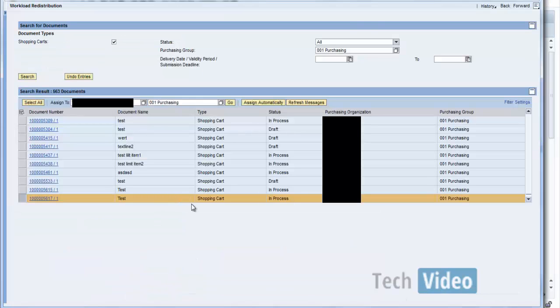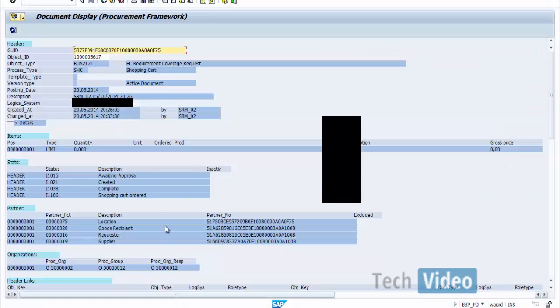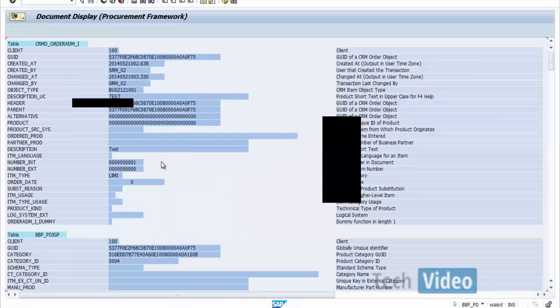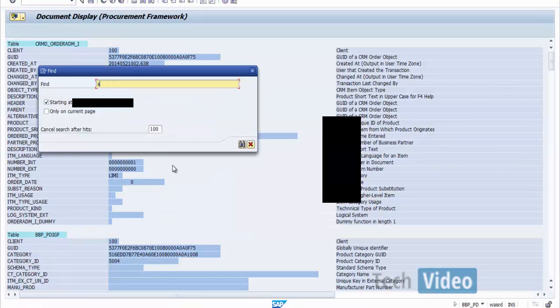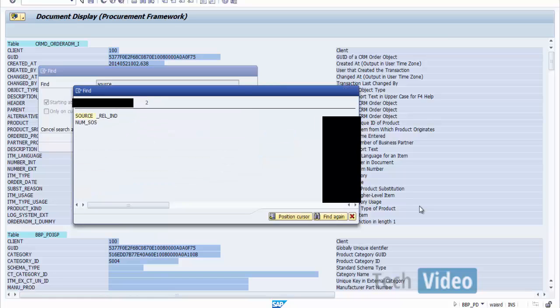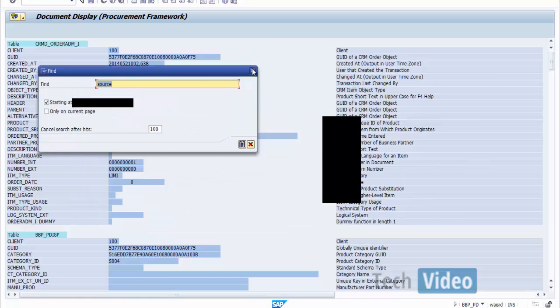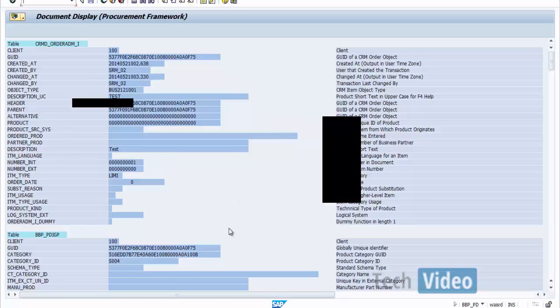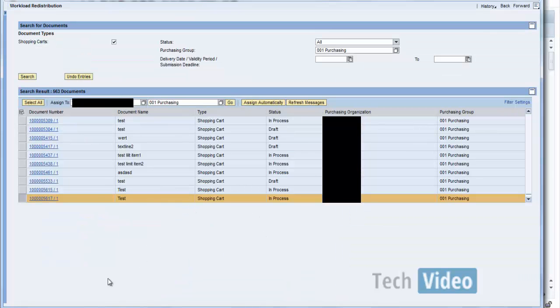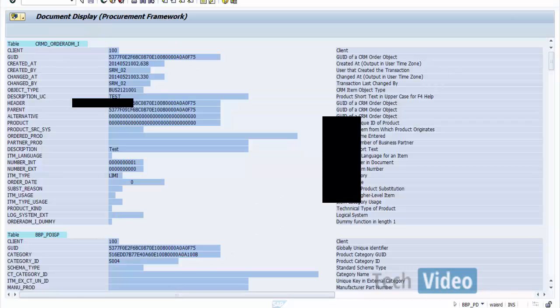In the entire process, again, when we check the source relevant indicator, it is X. Okay, so what we will be doing now is, currently the status of the shopping cart is awaiting approval. So I will close this window and I will go again to the back end